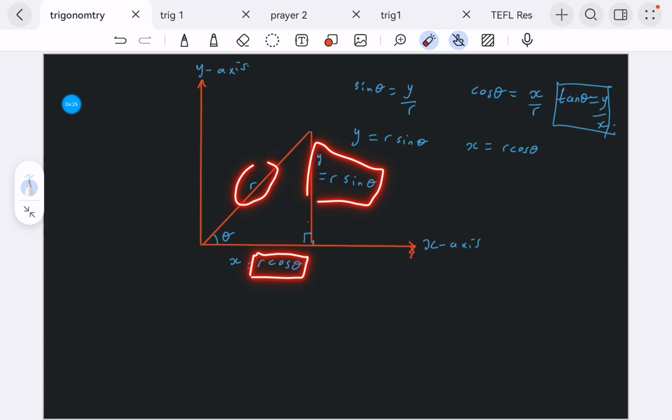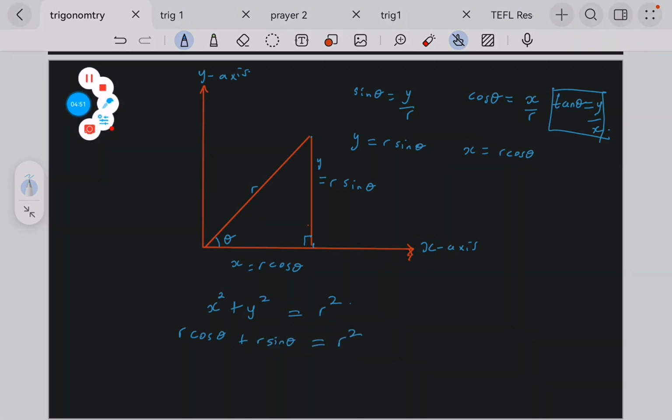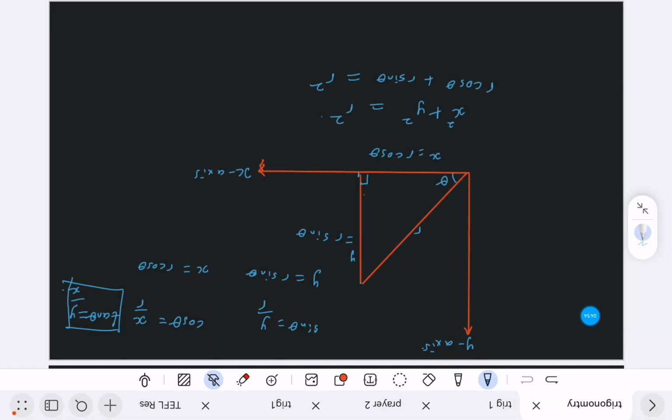Our b, our c, okay? So let's go ahead and see what it turns out to. So this means that x squared plus y squared is equal to r squared. But what is x? It is r cos theta, and y is r sin theta. Please don't forget that this is x squared, and so that means that the x is r cos theta,